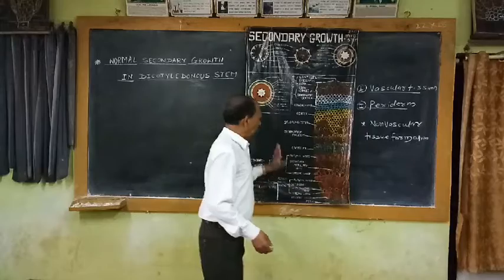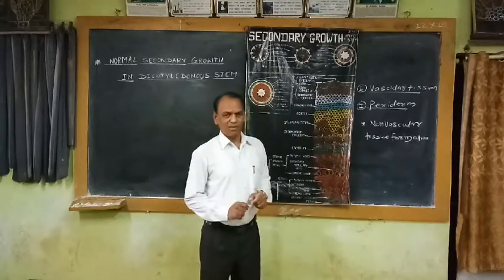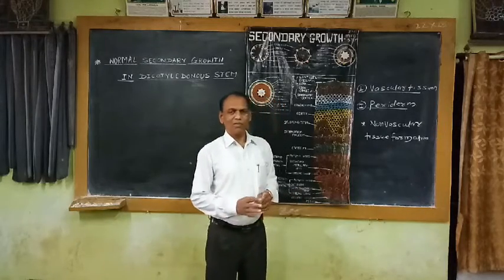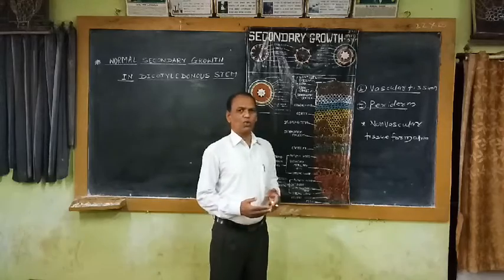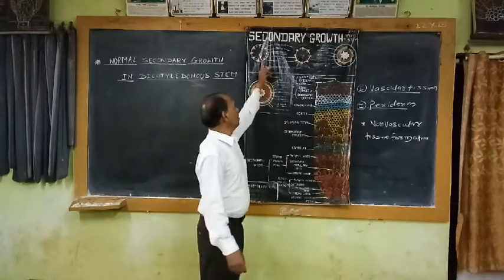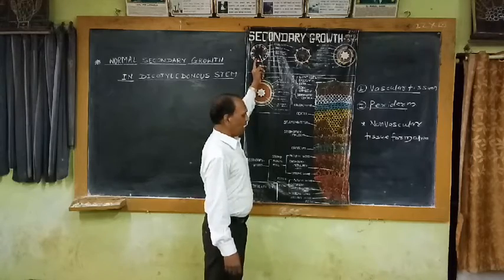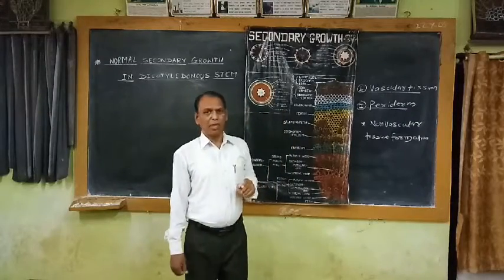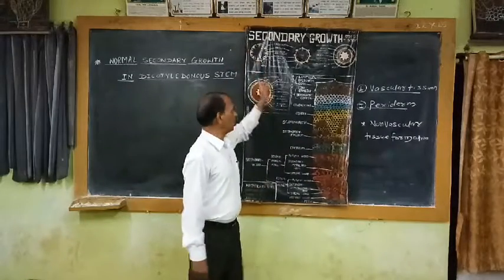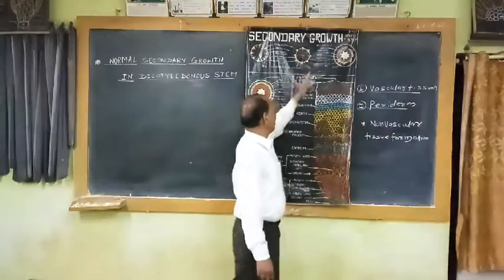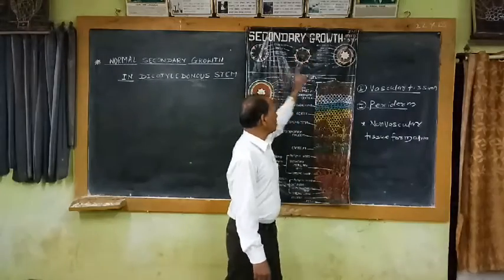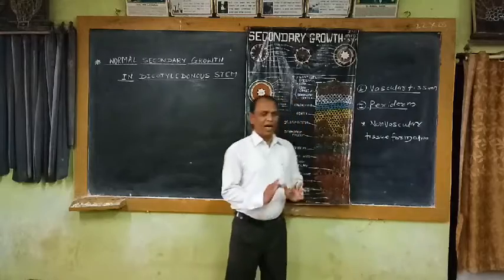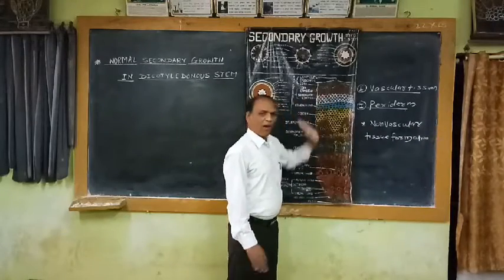That means I have told you earlier. I am going to summarize the normal secondary growth. So in normal secondary growth, when the plant needs more mechanical tissues and more conducting tissues, at that time new bands of cambium are produced from medullary rays in between the vascular bundles, known as intrafascicular cambium. This intrafascicular cambium joins with interfascicular cambium and forms the complete ring of cambium. When the complete ring of cambium is developed, it starts to produce secondary xylem at the inner side and secondary phloem at the outer side. Constantly, this vascular cambium adds the secondary xylem at the inner side and secondary phloem at the outer side.